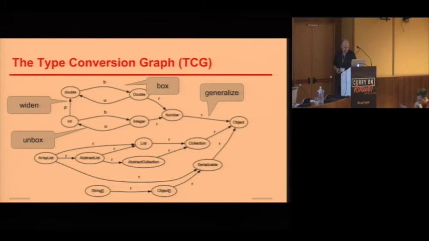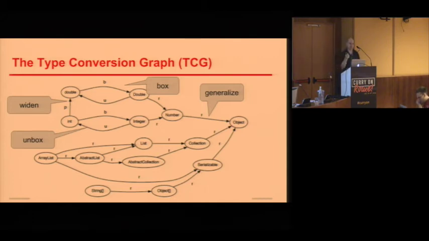That is a graph-based model. Unfortunately, the resolution isn't very good, but I will try to explain it with some examples. We have subtype relationships. For instance, Serializable is a subtype of Object, and somewhere here, ArrayList is a subtype of List. Those are labeled with little arrows. And we have boxing and unboxing. For instance, here we have those relationships between the primitive type double and the respective wrapper class Double. And then here is a widening relationship where an int is widened to a double.